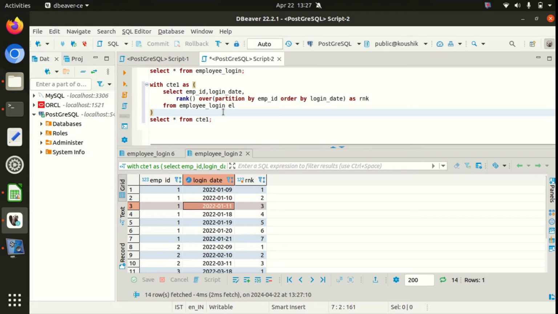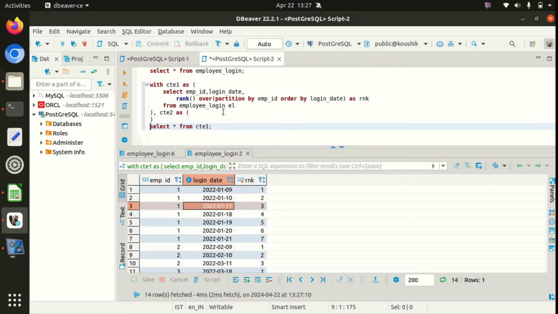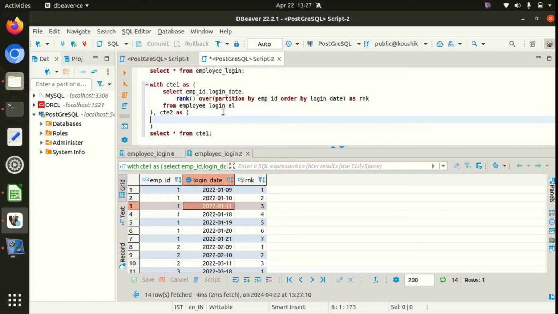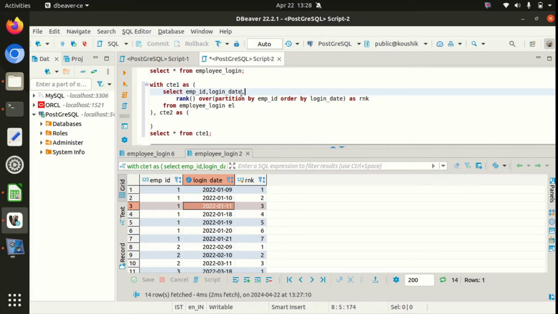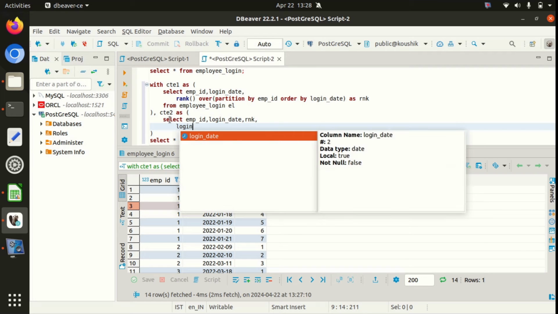And how are we going to do it? We are going to create another CTE. We'll name it CTE2 as, and we will do similarly rank and login date